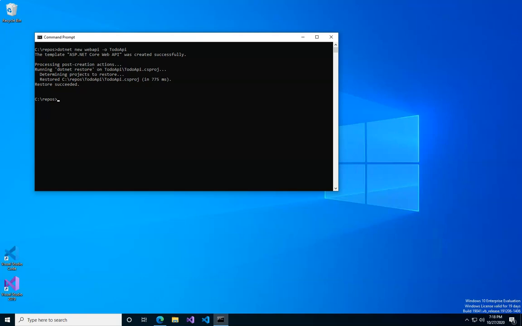Now, if you want to confirm that we're running .NET 5, you can type in dotnet --version, and you'll see there it's indeed .NET 5. Alright, so we're going to change directories into our ToDoAPI, and from here we're going to install our packages. The first one we're going to do is